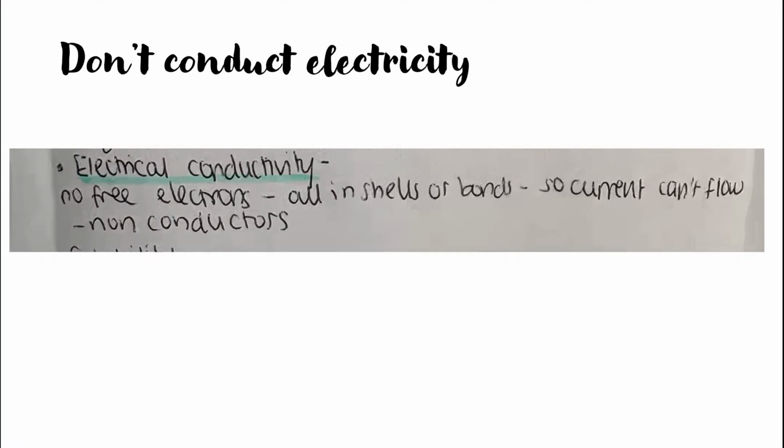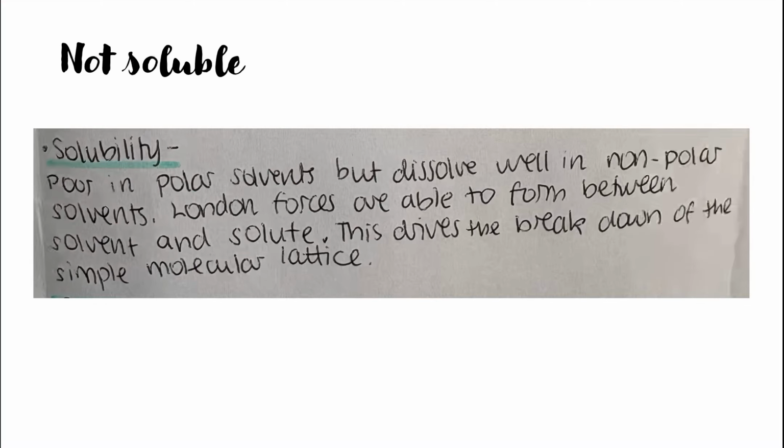So, simple molecular lattice structures don't conduct electricity, and this is because there are no free electrons, as all the electrons are in shells or bonds, so current can't flow. This means that they are not conductors. It also means that they have poor